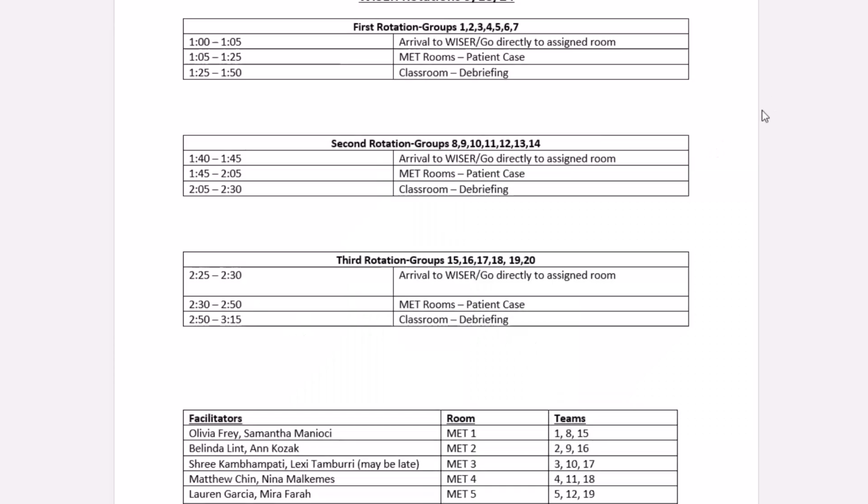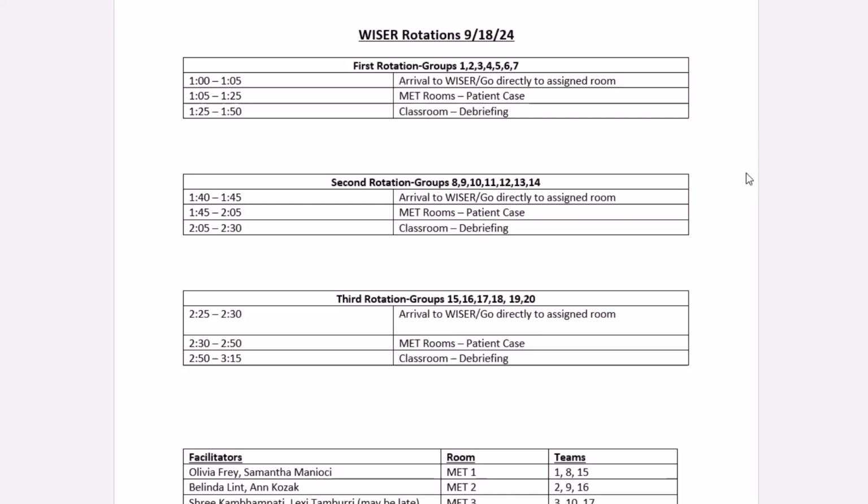I think you're all mostly familiar with this. We bring down 7 to 8 teams at a time down to the Wiser Center. We're going to ask the P2 students to arrive between 1 and 1:05 p.m. And we try to ask them not to come too soon, we don't want to clog up the lobby area at Wiser. We're going to ask them to go directly to the Met rooms,